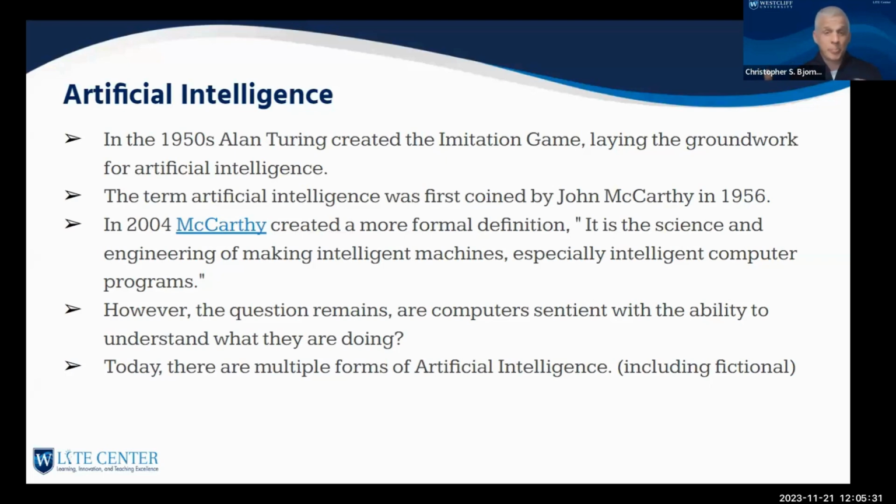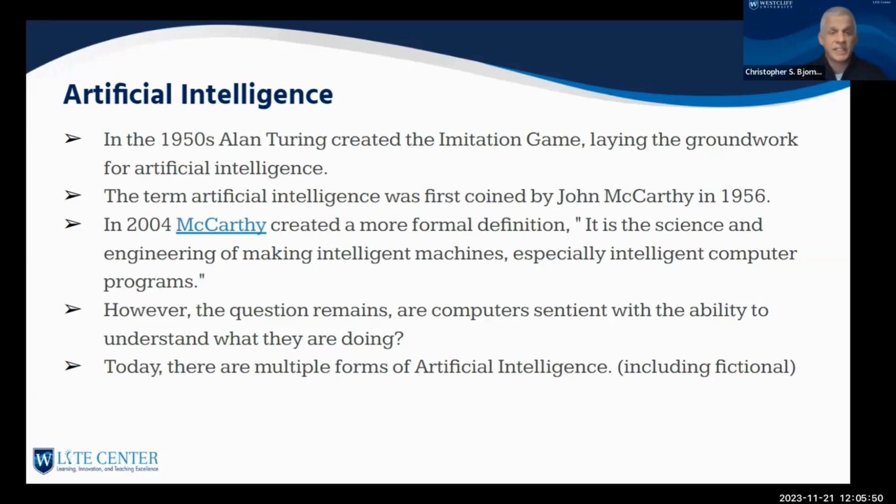If the computer could pass that test, then it had a leaning towards artificial intelligence. It was a very subjective test, so there were a lot of questions and speculations around it. But that really laid the groundwork for this idea of artificial intelligence.